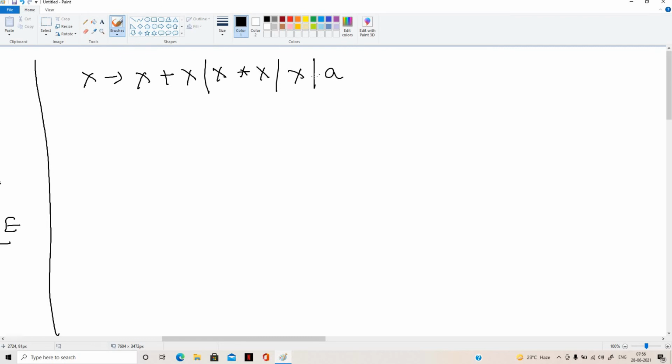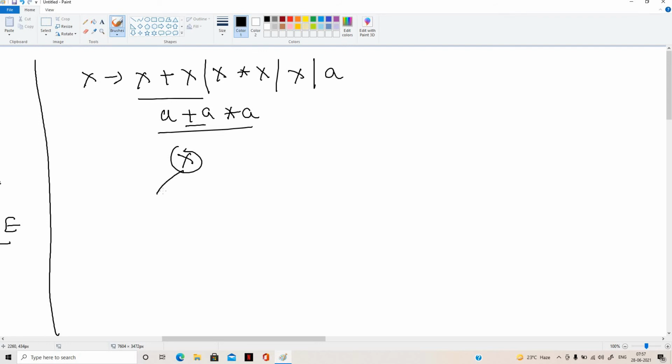I need to find the leftmost derivation for the string a plus a star a. So I need to design a parse tree to derive this string. Generally the plus operator is there, and this is the start symbol, so I can use this expression.